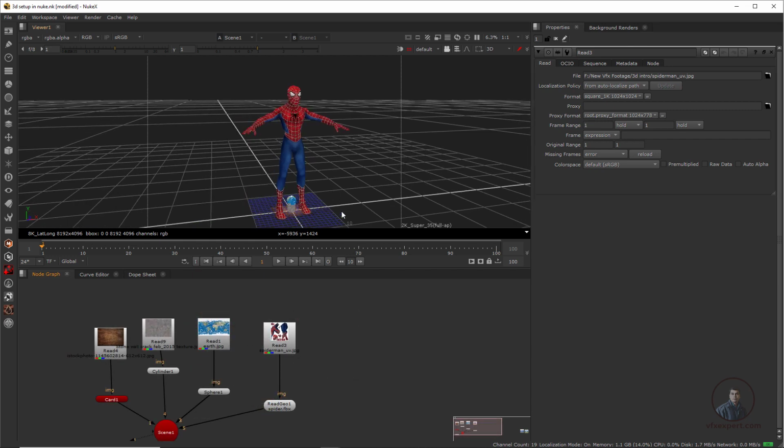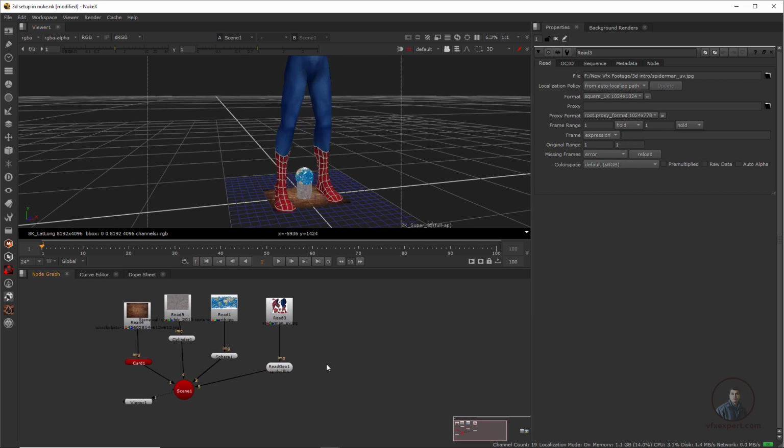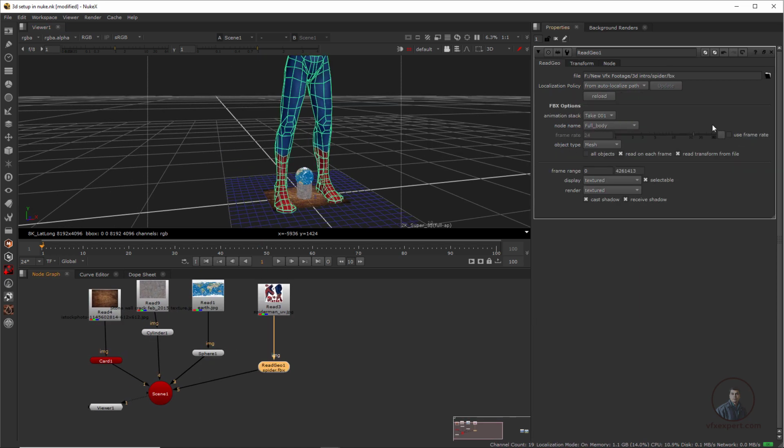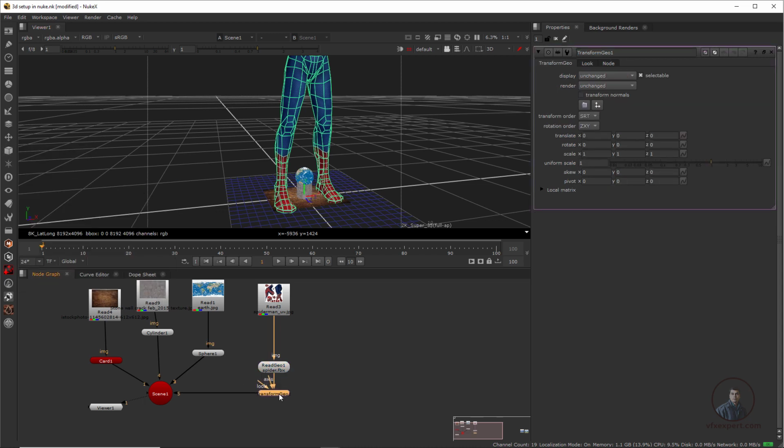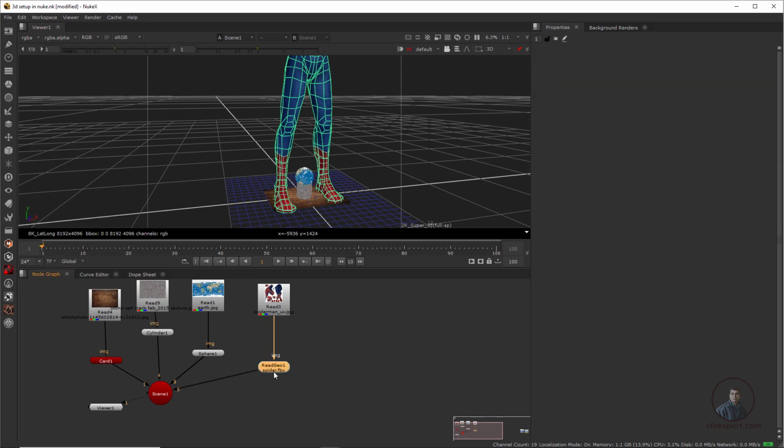Then after this we have to adjust the size of the 3D model. As you double click on this ReadGeo node, we are not getting any transform parameters, maybe scale, rotation, all these things, because here I have just imported the model. So for transform we have to take another node, which is our TransformGeo node. After this node we have to use it, so just double click here, then click on the 3D category, then in the modify category we will get this TransformGeo. So simply from here you can connect like this, or just delete this one, select your model, press the Tab button, then you can also find your TransformGeo node.